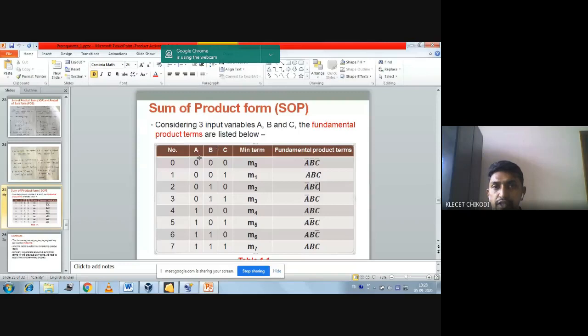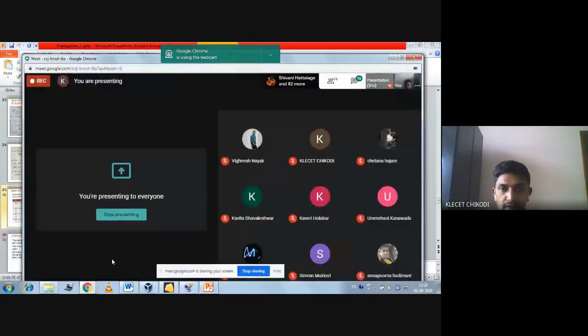So for A, B, C, we have 3 input variables here, and we have total 8 input combinations, and these are the fundamental product terms for 3 input variables. And these are fixed for all. If it is X, Y, Z input variables, then you will get min term as X bar, Y bar, Z bar, X bar, Y bar, Z, X bar, Y, and so on. Just by changing the input variables, you will get the fundamental product terms like that only. So whatever may be the input variable, you can see that in the fundamental product term. Fine. So is it clear how we have written that?